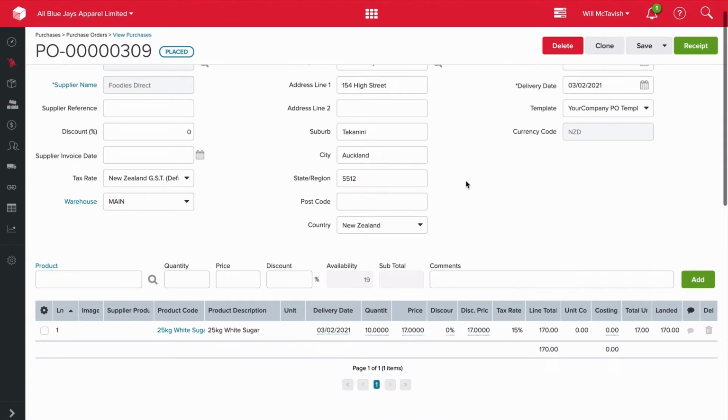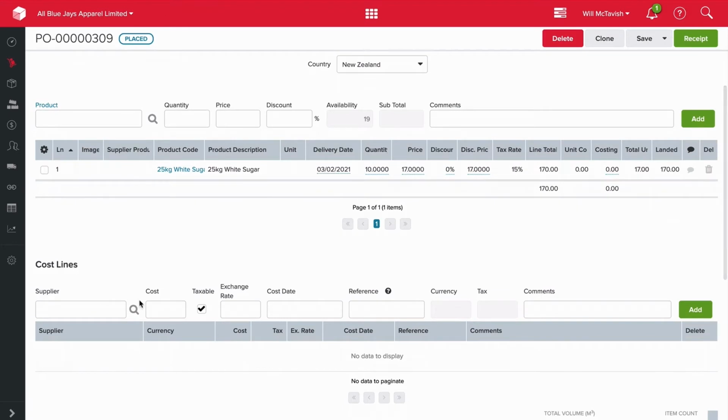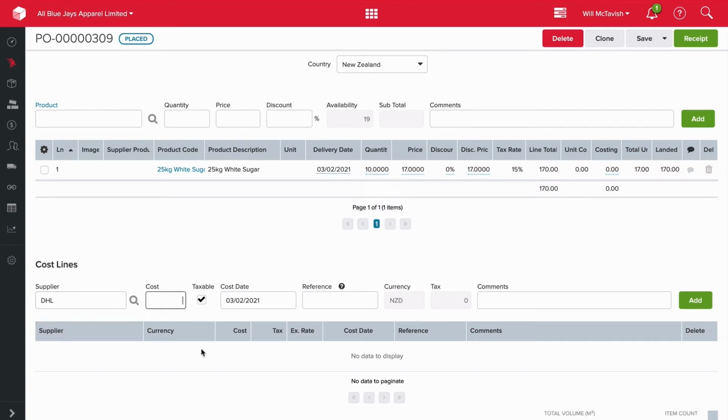What we want to do is we can either receipt it or we can add our cost items if we know what that is now. So our cost items are any costs associated with bringing this product into our warehouse. So that is most commonly things like freight or any shipping charges. So I can add in a freight charge here. So I can get DHL as my supplier, and we would charge $30 of freight, and then hit add,